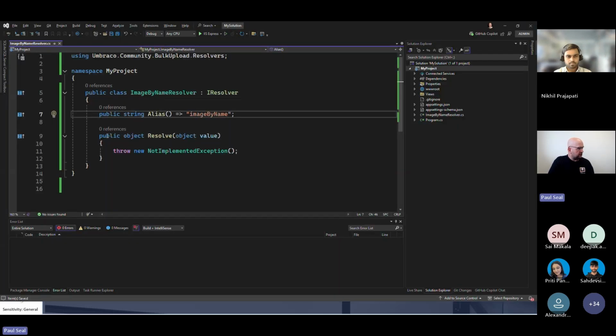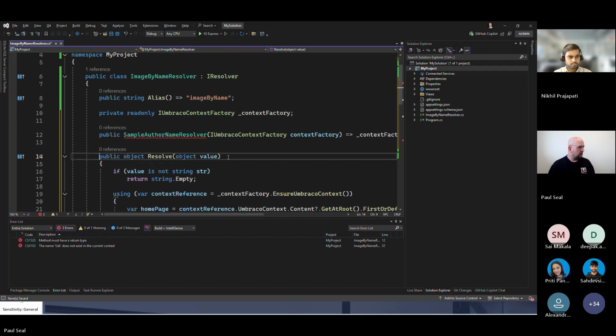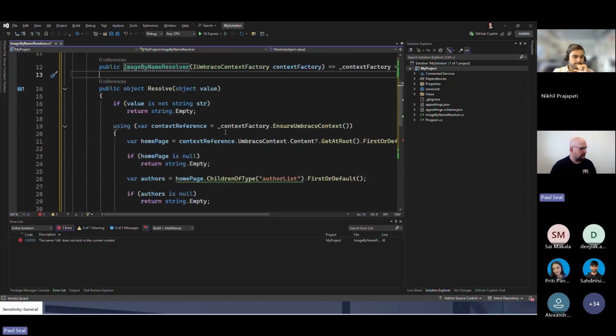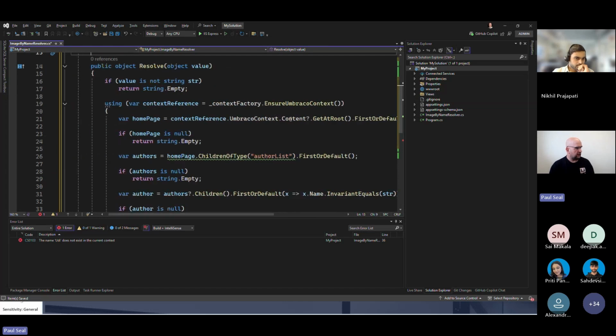I'll put this in here and remove the duplicate alias one. And we make sure that the constructor's got the same name. And then where this is looking for content, we might just need to do